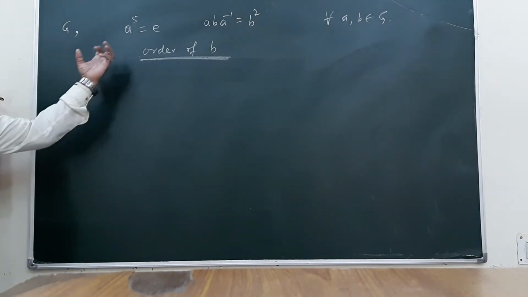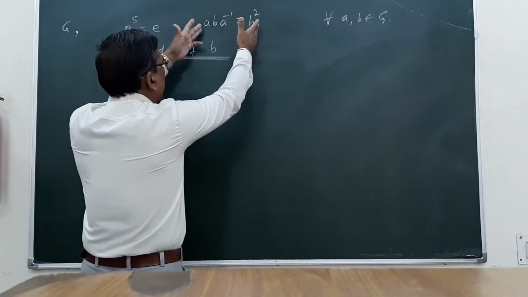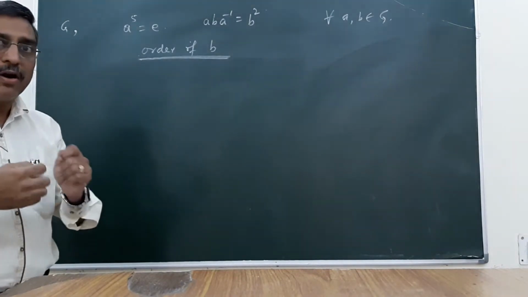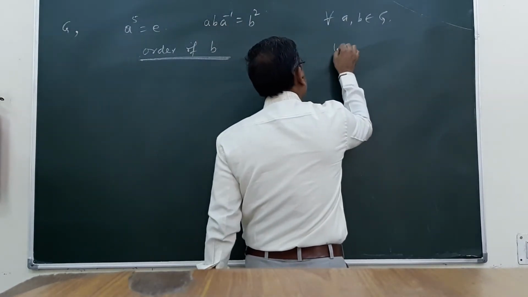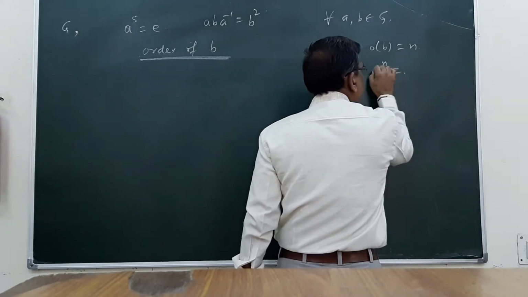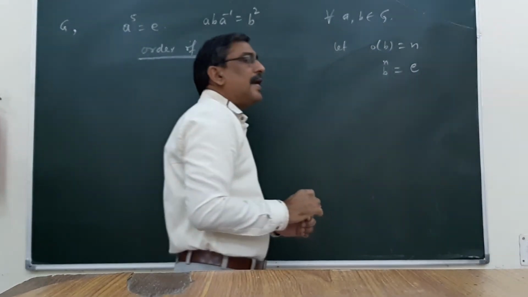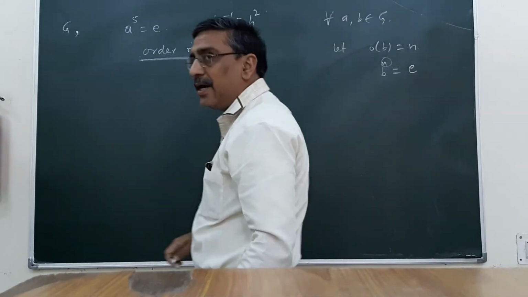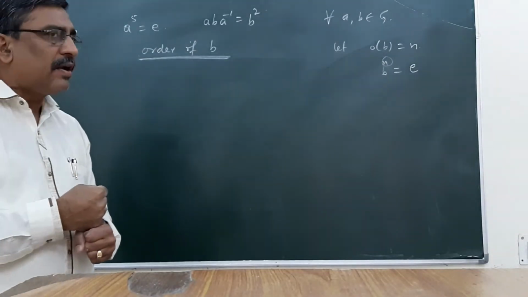How can we find the order of b here? We are given this and we have to utilize it. With these two results, we have to evaluate the order of b. Let us suppose the order of b is n, then b raised to the power n is the lowest power that will be equal to identity. So identity must appear for this, and then n will be the order of the element, which is the lowest one.